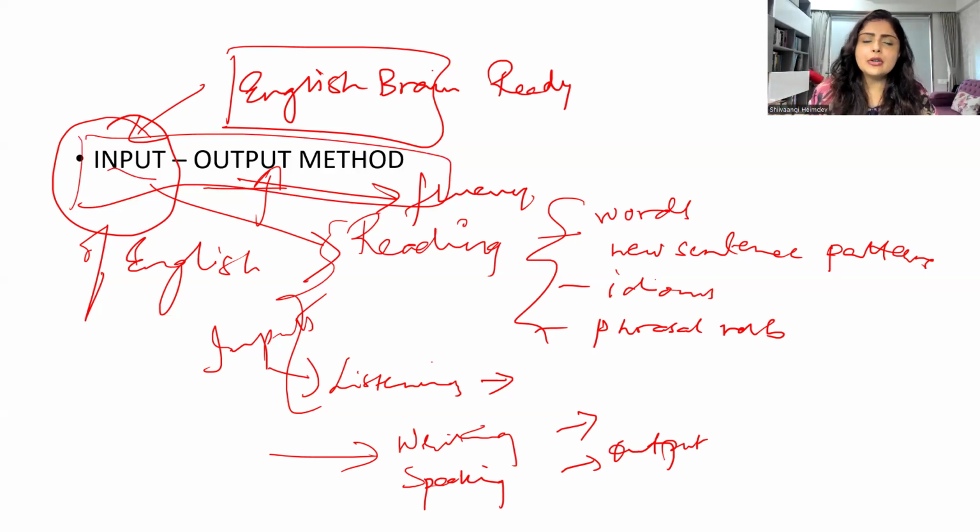Trust me, initially it might be a little difficult, but if you do this constantly for 4 to 5 days, that's how you will program your brain. Then your brain will be habituated to grab the English input, process it, and you practice it immediately in the form of WhatsApp chats, emails, or colloquials, that is spoken English. You keep doing this, and in the next 2 to 3 months, you will certainly experience confidence in English, confidence in expressing yourself, confidence in your English fluency. Things will fall in place.